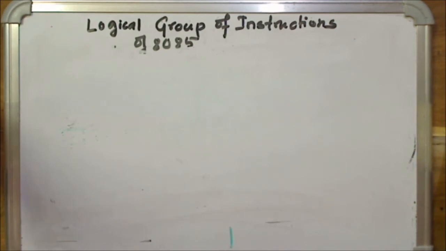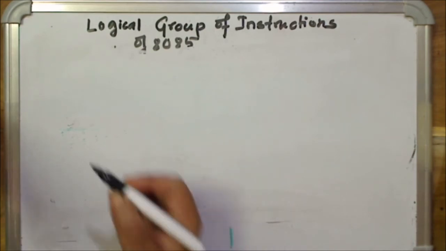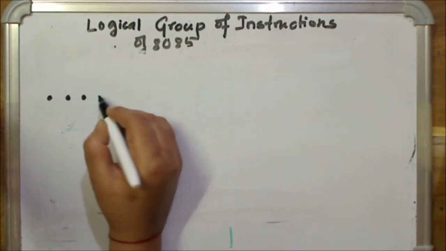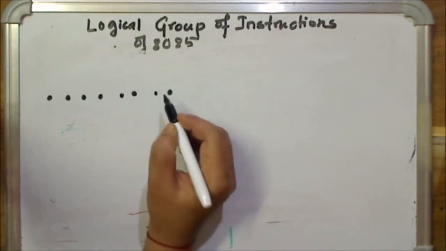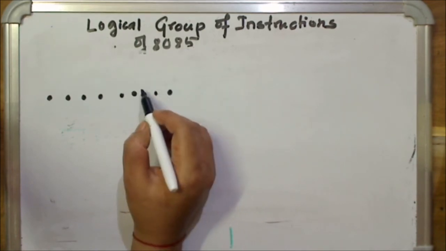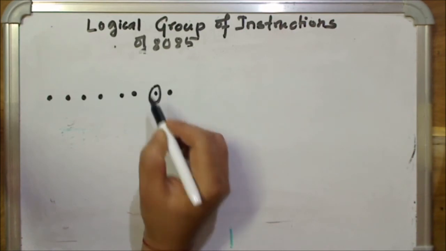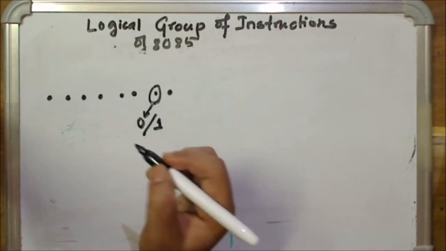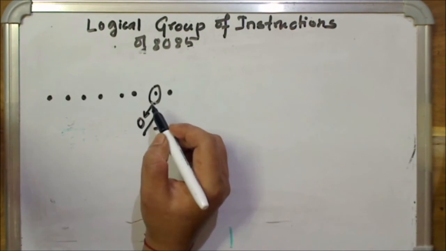Now the first use is, these instructions are frequently used. Suppose you will be using these instructions to determine the value of a bit. How? Now I show you one register. It is loaded with some 8-bit data, any 8-bit data. Now I say that you identify this bit, whether this is 1 or 0. I tell you in the question that you identify this bit whether it is 1 or 0.